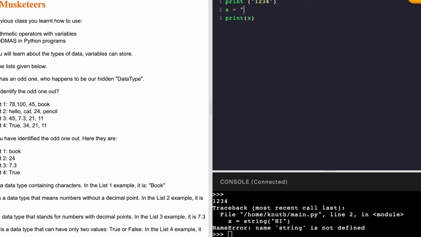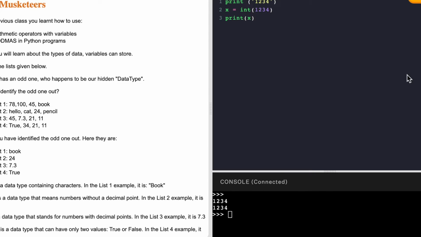But if I want to store a numerical value, I can do like this, int. I'll show you the simpler way first. I can store x equal to 1 2 3 4 like I did previously, but I can also do x equal to int brackets 1 2 3 4. Now see what happens. It's printing 1 2 3 4 because x contains the value of an integer 1 2 3 4. Now if I, instead of integer, put a float, see, it will print 1 2 3 4.0 because float contains the value of decimals.